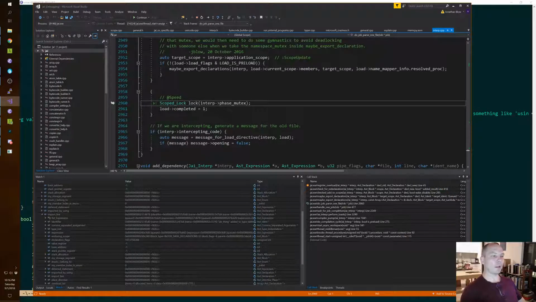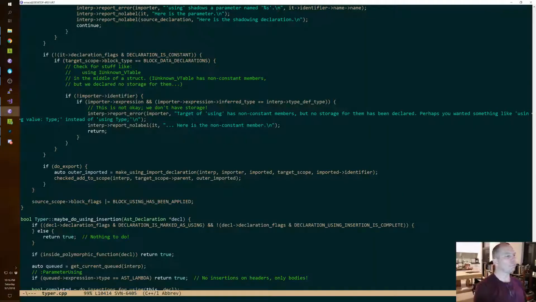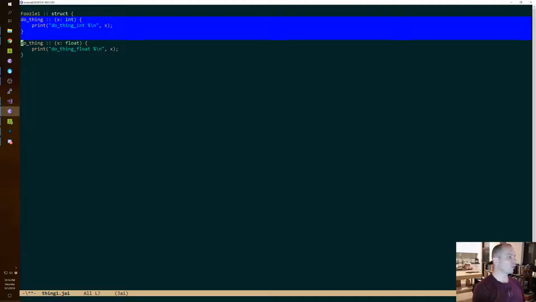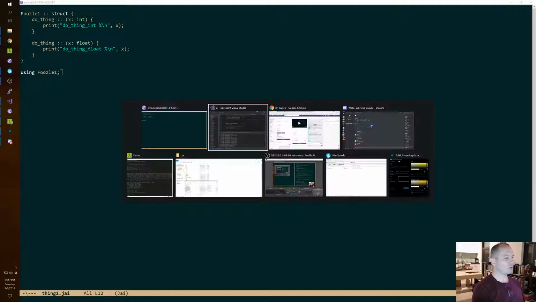I bet I can break this example by putting the routines inside usings. I don't know how much money I would bet, but I can go foozle1 is a struct, and it's just got this. And I'm going to say using, can I using on a type like that?